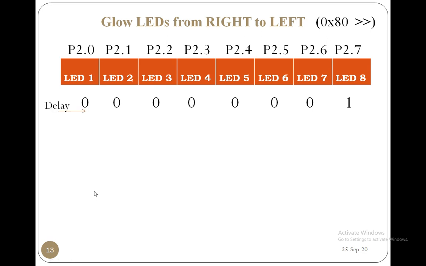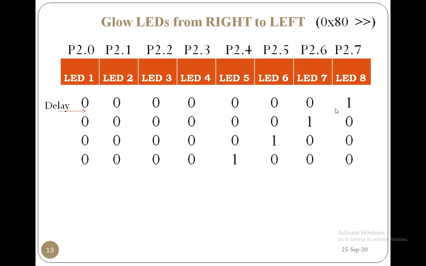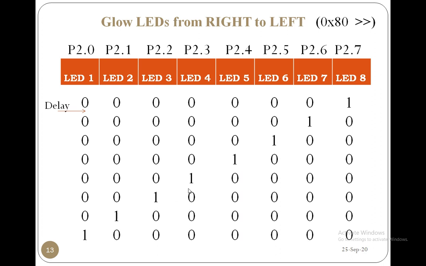But after this, what you have to do? First the eighth LED is blown. Next the seventh LED will glow. So after some delay, we are making the bit pattern as this one. The seventh LED will glow. Next, some delay. So next this. Now what we are doing here? We are shifting left now, right. Previously we right shifted here. Now we are shifting left, because I want to move from right to left here. So here one left shift, here two left shift, here three left shift, here four left shift, right. So like that we have to get the LEDs from right to left, right.